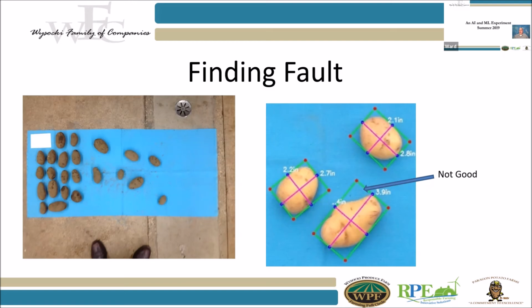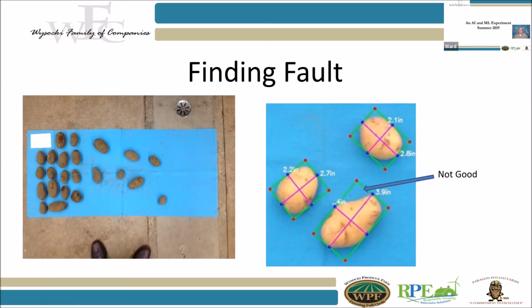Second problem we had, if you look on the right at the picture, and you look at where I have the not good, you can see how that potato gets a little bit of an irregular shape. Here's a fun fact about potatoes. As they grow, when they start to get very large, or if they have sudden growth spurts, or if they bump into another potato, they will change direction like that, and you will get these little issues and anomalies. So there's a whole bunch of area there that doesn't have a potato in it, and when we calculate the surface area or the cubic area of that potato, we would be wrong, and that would be definitely a problem. So that was one of the other lessons learned.